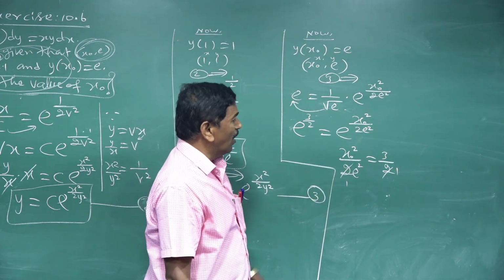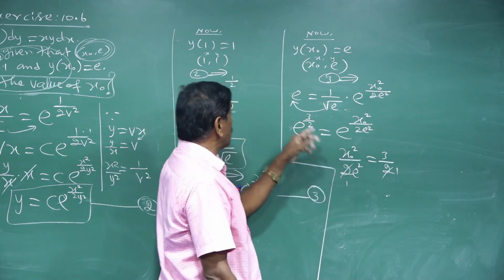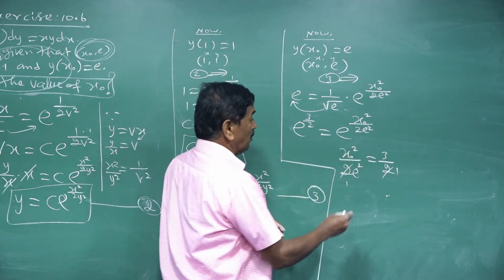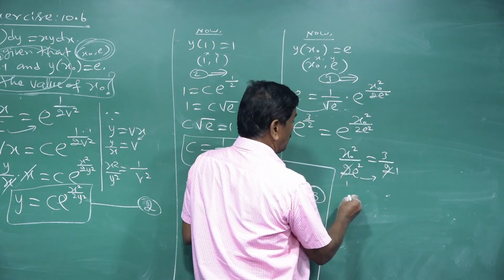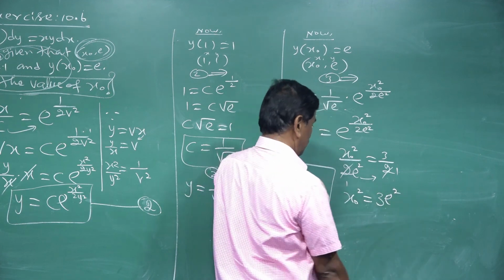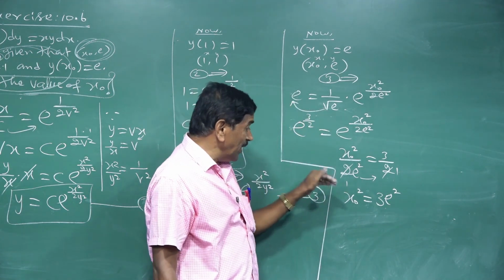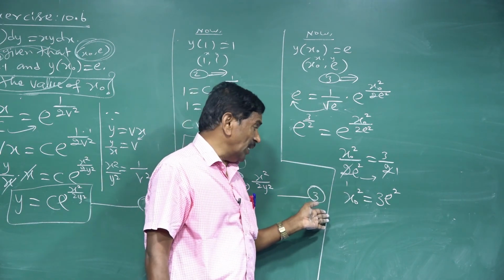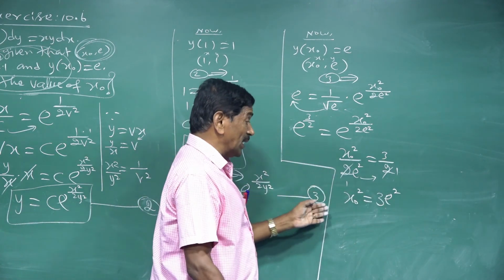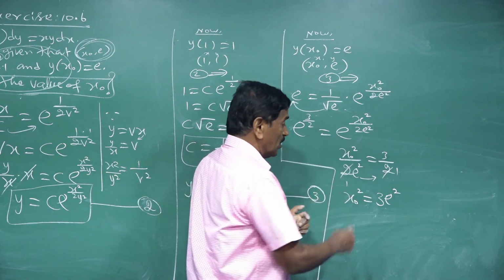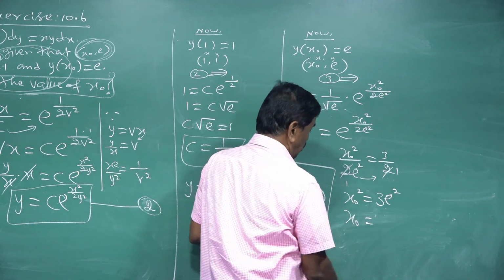Now, we are asked to find the x0 value. Therefore, x0 only on the left, others on the right. That means e square goes to the right and becomes multiply, which means x0 square is equal to 3 into e square. But we need x0. What do we want to do? Yes, take the square root on both sides. So for x0 square, while taking the square root, the square cancels. So x0 is equal to